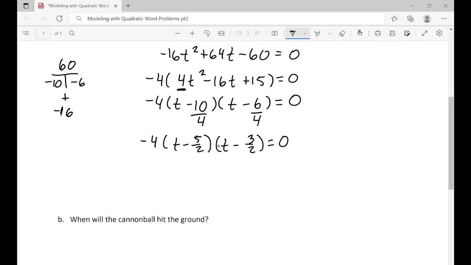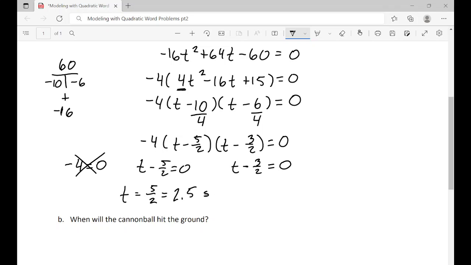Now I'll set each one of these individually equal to 0, so negative 4 equals 0, t minus 5/2 equals 0, and then t minus 3/2 equals 0. So negative 4 equals 0. Can't happen. Just throw it away. Here I can add the 5/2 over, so I'm going to get t equals 5/2. And remember that t is in seconds, so I don't normally call time in fraction form. I typically use a decimal, so I'm going to change it from 5/2 to